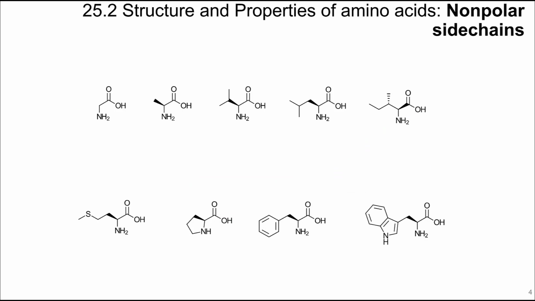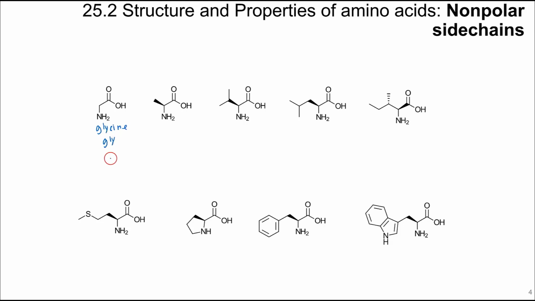So the first group are made up of non-polar side chains. You do not need to memorize amino acids for this class. I'll let whoever's teaching biochemistry take care of that portion for you. We're just introducing each of the structures of the amino acids. So amino acids have a name, they have a side chain, there's a 3-letter abbreviation as well as a 1-letter abbreviation. The first amino acid here is glycine,